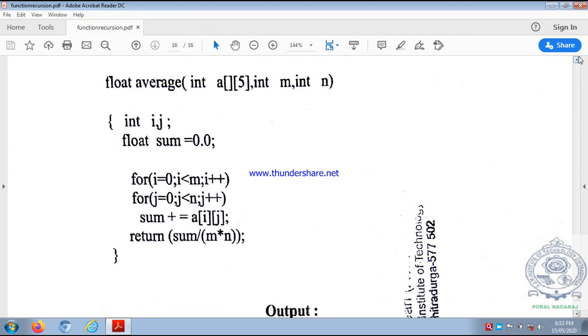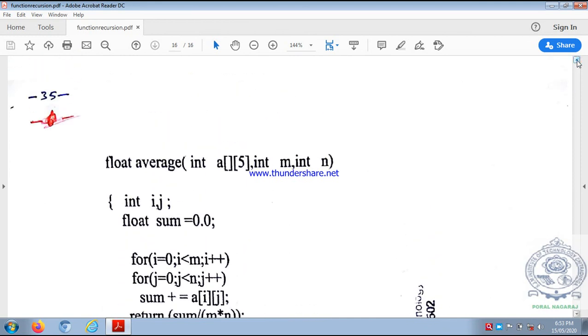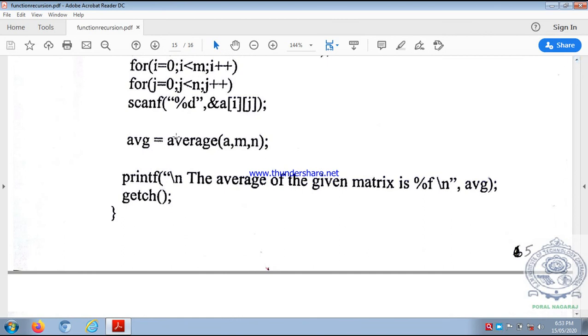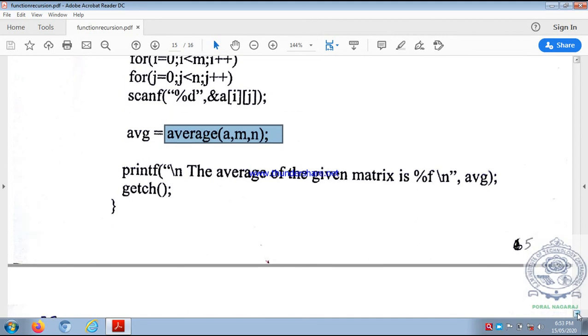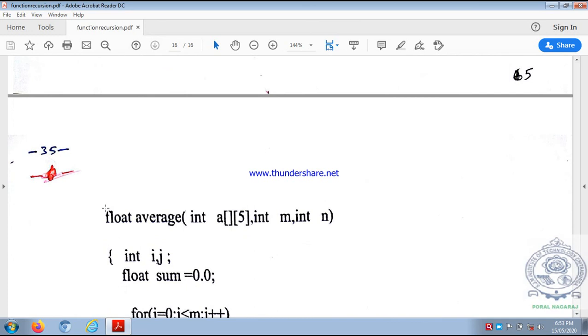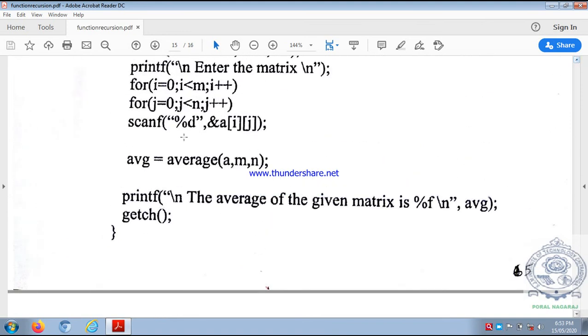So where we have called this function average, in main, the average value comes and will be copied into AVG. The function average has returned a float type value, so at the receiving place AVG should also be float.